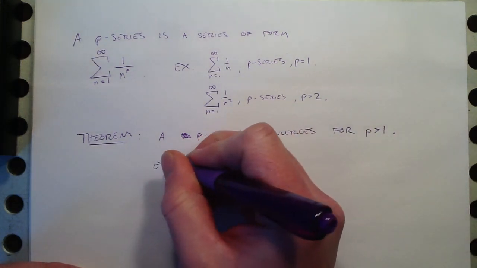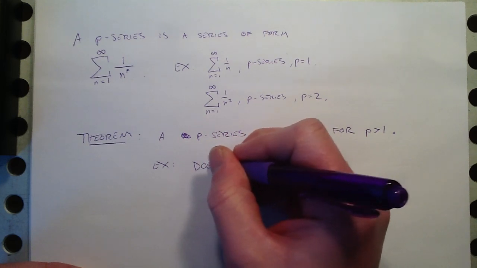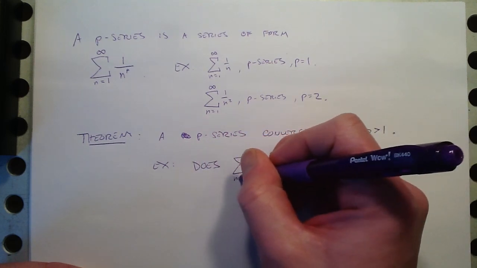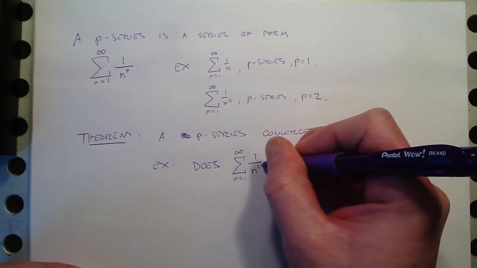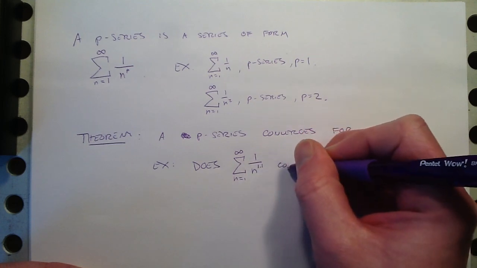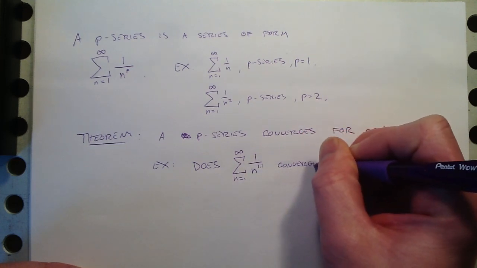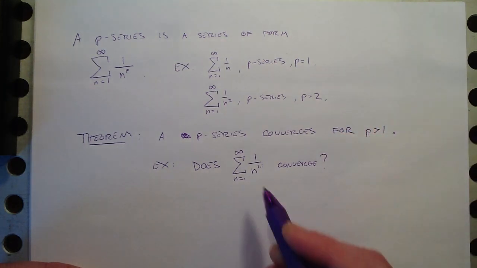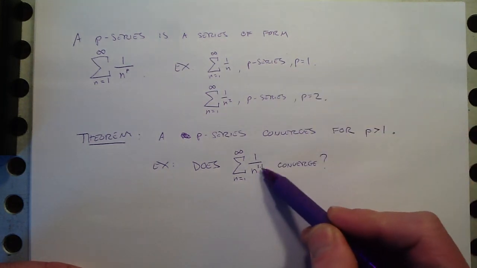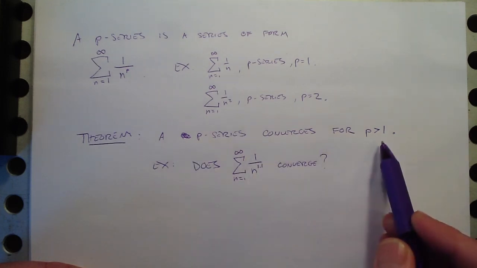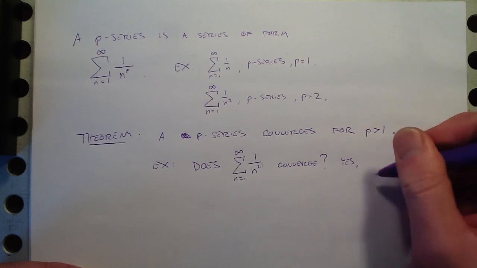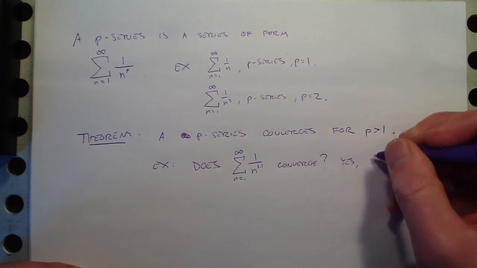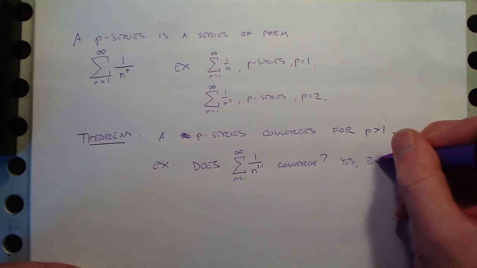So here's an example. Does that converge? I mean, it's not much different than the harmonic series, right? We're just raising things to the 1.1 power. But according to this theorem, the p is greater than 1. Yes. So it does converge. Converges slowly, but it does. So our answer is yes, because